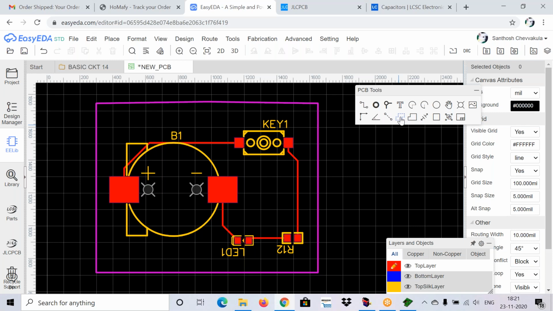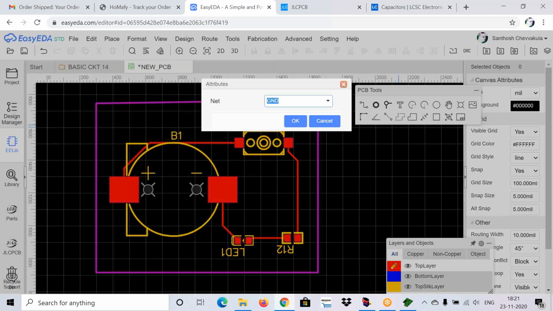Click on it, and an attributes window will appear. Always leave the net as ground only. I will explain the reason why it should be ground. Click on OK.